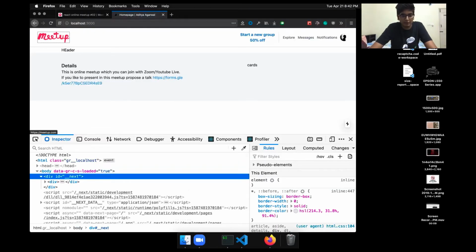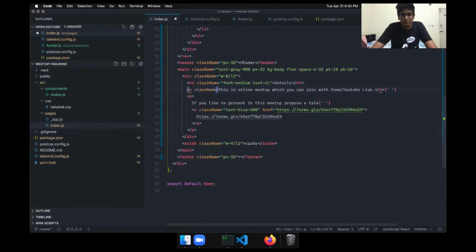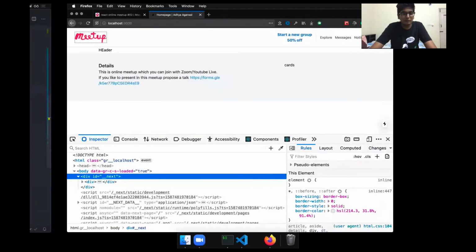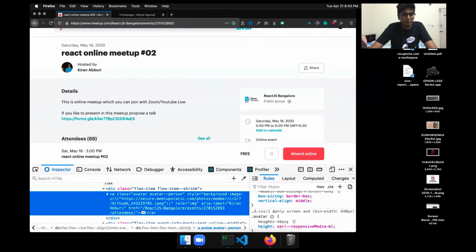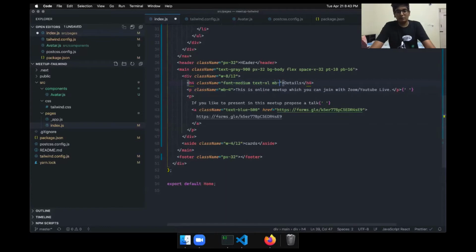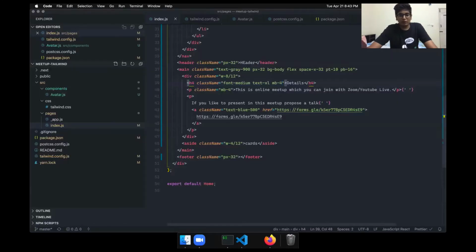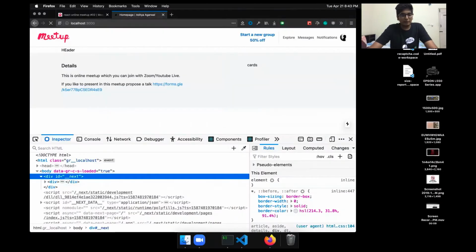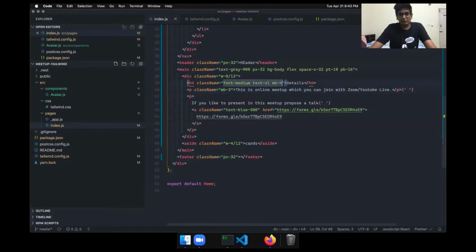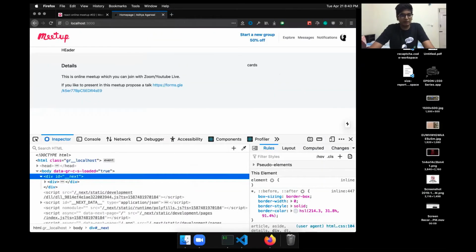Okay, now we have this here, and in this p tag we can say there should be some gap. So mb 4, and this details heading should also have some margin. Now one thing from visual hierarchy I know is that if two things are related they should have less gap, and if two things are unrelated they should have more gap. So as you see, this is the heading, and these two are similar, paragraphs about the same thing, so these should have a lesser gap than the heading. So what I can do is make it 3, the distance between paragraphs, and I can increase the margin here to say 5, and that gives you a better look.